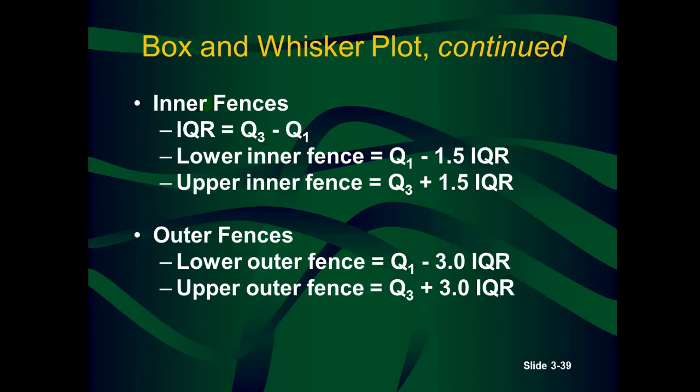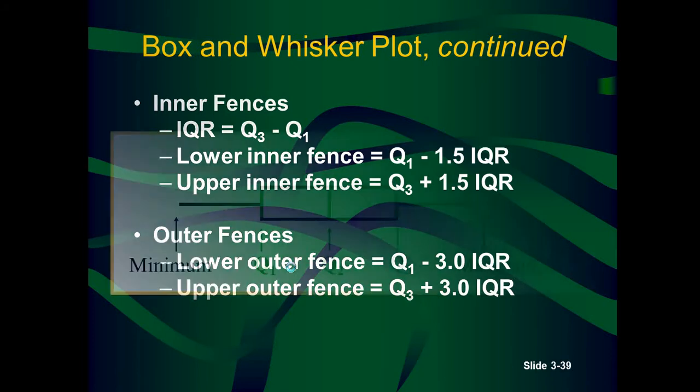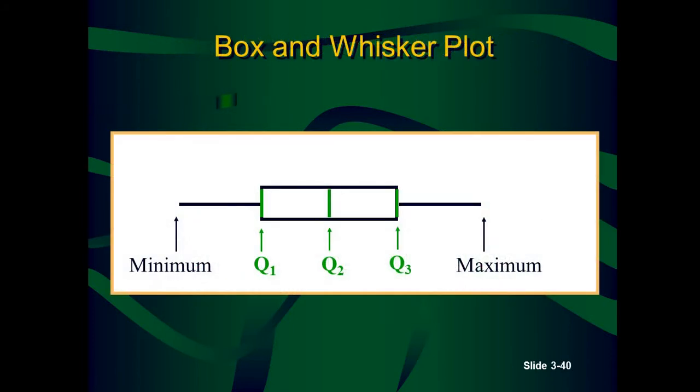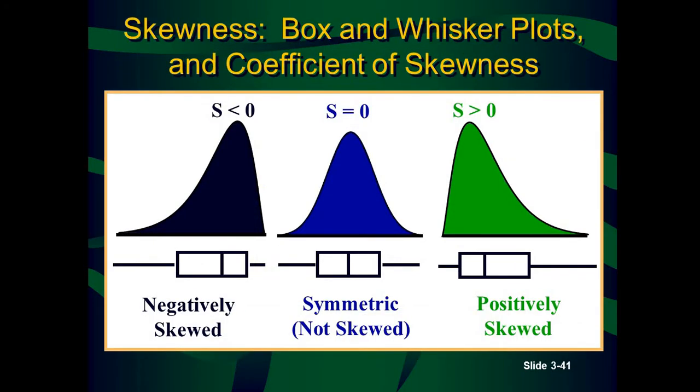This box or whisker plot has the interquartile range, which is nothing but Q3 minus Q1. The lower inner fence will be Q1 minus 1.5 IQR, and the upper inner fence is Q3 plus 1.5 IQR. Similarly, you can have the outer fences. So this is the box plot. As you can observe, in simple terms, this point indicates the minimum value, Q1 the first quartile, Q2 the middle, that is the median, Q3, and the maximum value. So with these 5 values, the box plots are plotted.